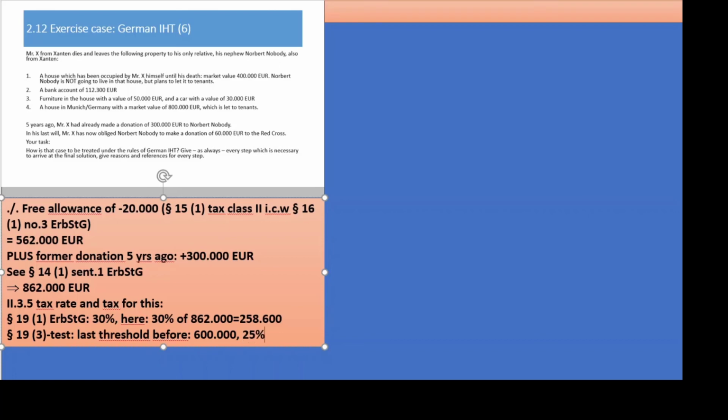And there was 25%, so tax there was 125,000 euro. No, 150,000, sorry. That's a mistake which I always make, I don't know why. So the distance from the last threshold is